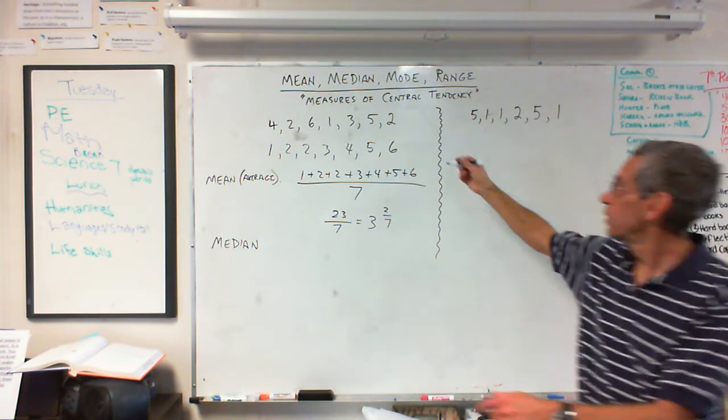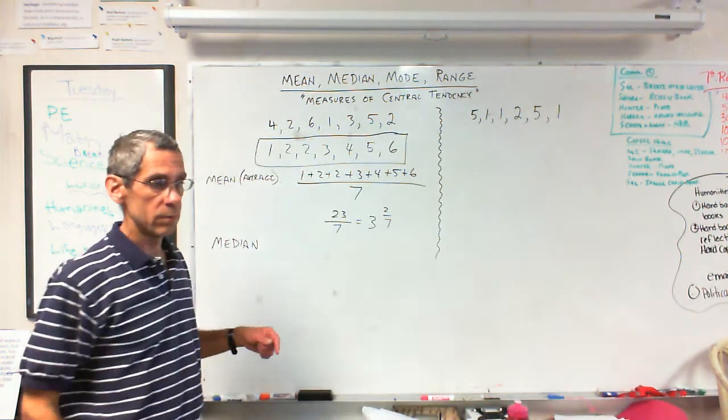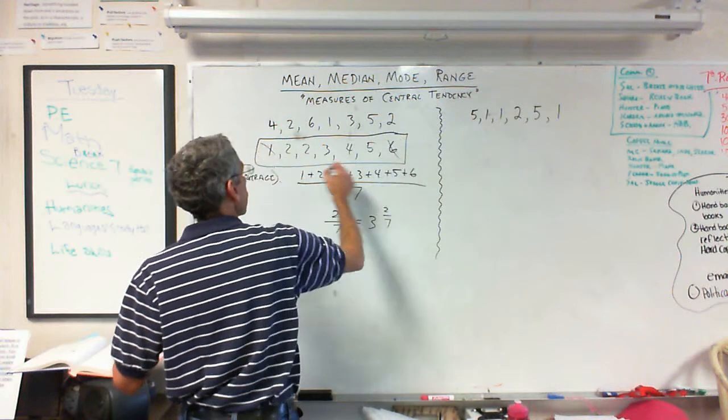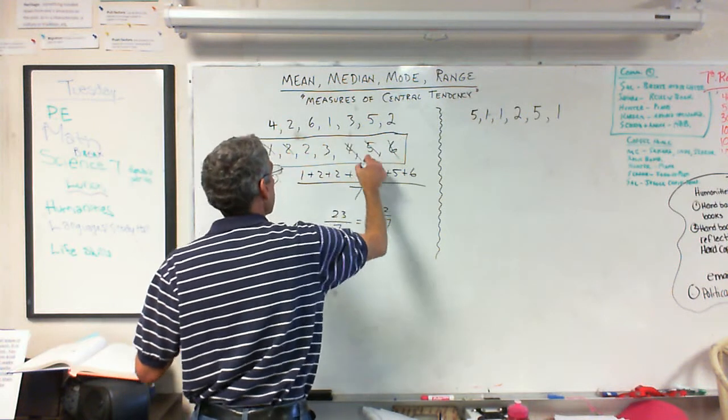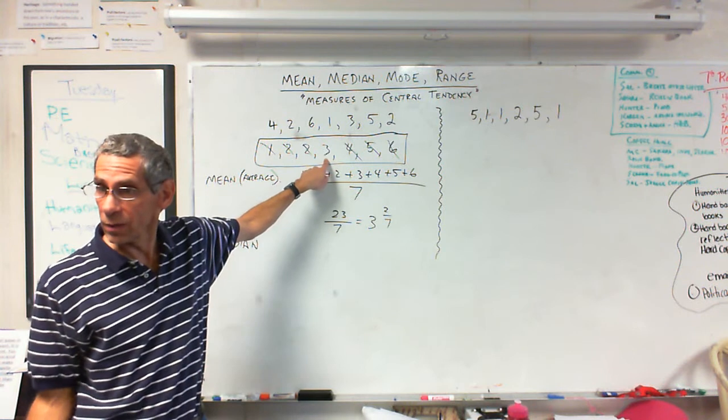So this is in order of least to greatest right here. Yeah, and then you check off the 1 and the 6, so then you check off the 5. All right, so I can cross off these two, these two, these two. And then the middle is 3. And I have the middle, and the median is the middle, right?